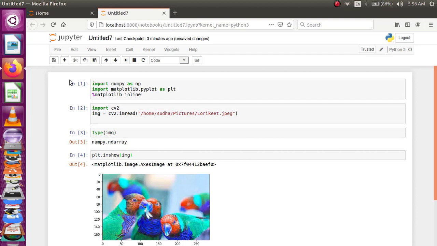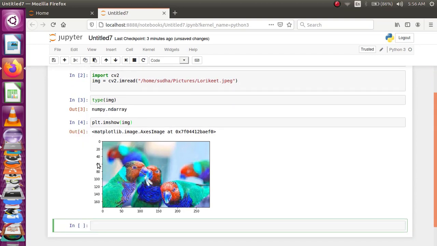But what happened is that OpenCV by default reads images in the format of BGR, which is nothing but blue, green, red. If we want to convert this blue, green, red format to RGB, which is red, green, blue, the default format, you have to use the BGR to RGB conversion code.